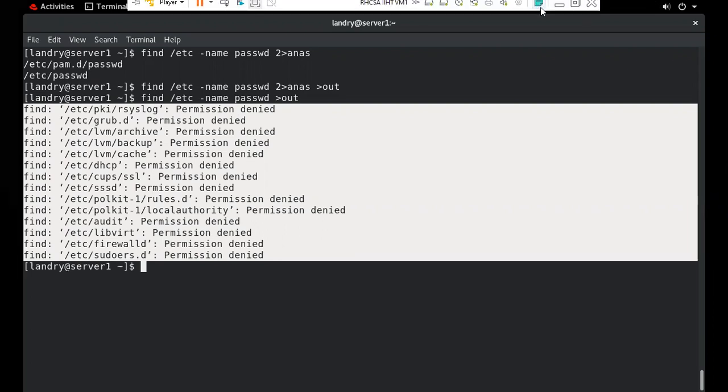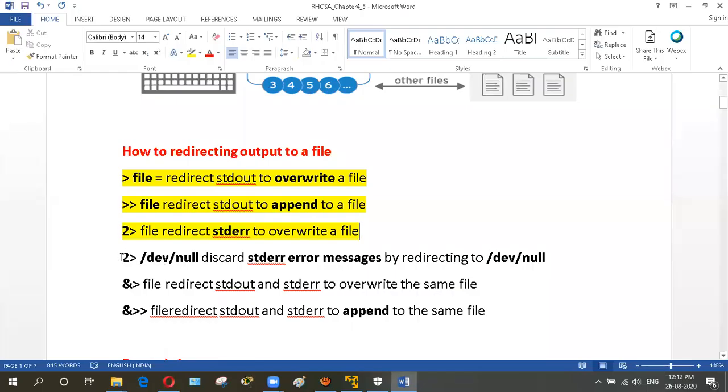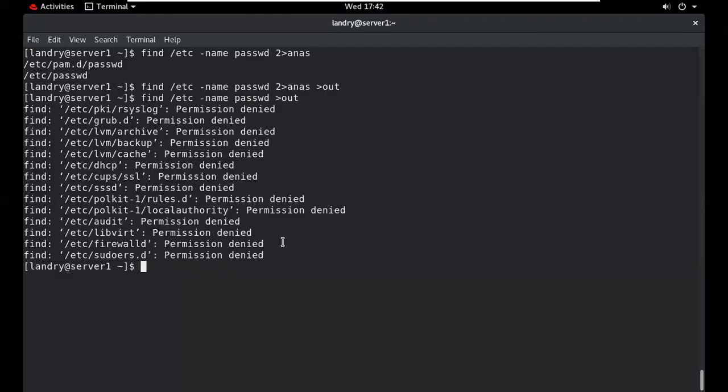So what will I do? We can use this particular option. This is used to ignore the errors. So I will demonstrate. Suppose, for the errors, this is the number for the errors. This is the sign, and I want to ignore this.